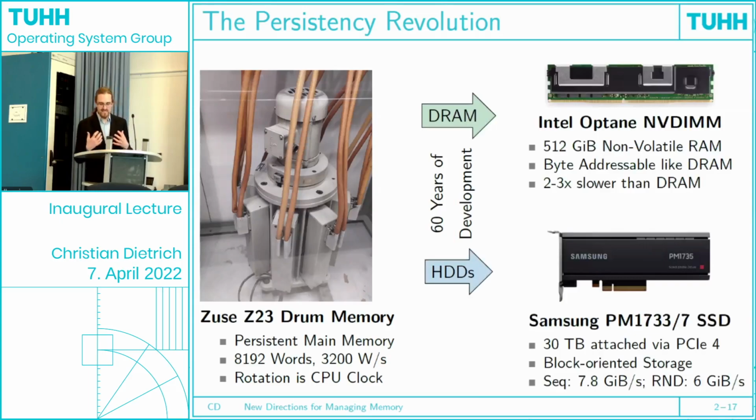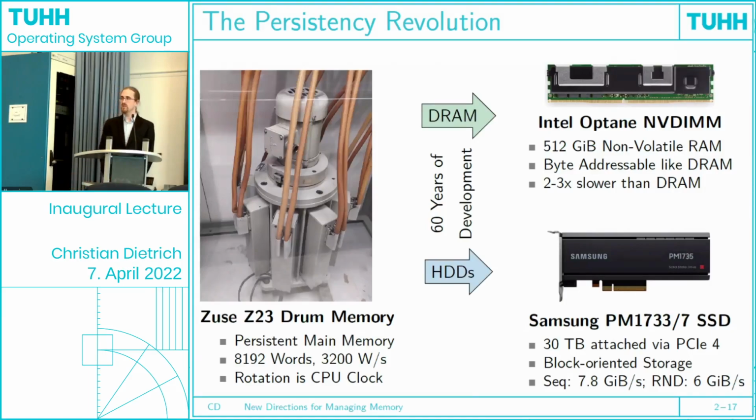However, in the recent years, we had hardware developments where kind of these two directions of development came closer to each other than ever before again. On the one hand, we have something called non-volatile RAM. So for example, Intel Optane. Those are modules that you can plug into your memory slots of your computer. It's byte addressable like DRAM, and it's a little bit slower than the usual DRAM, but it provides you with much more memory than you have with usual DRAM.